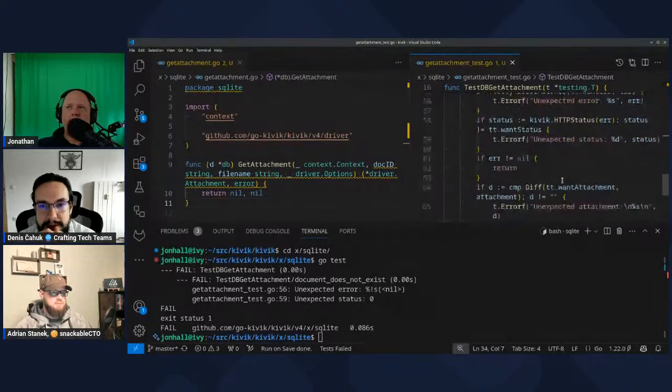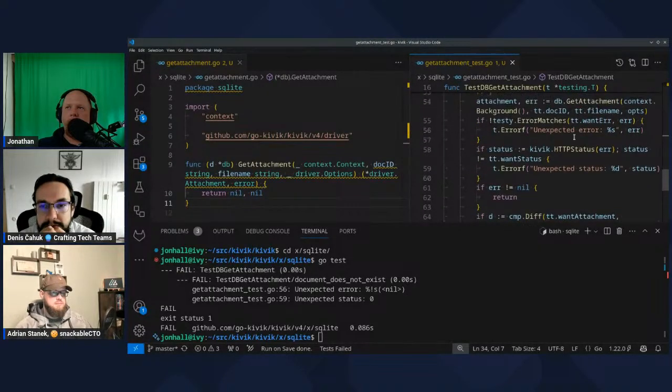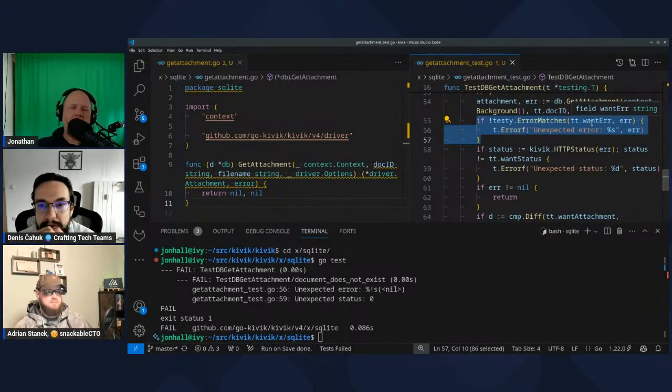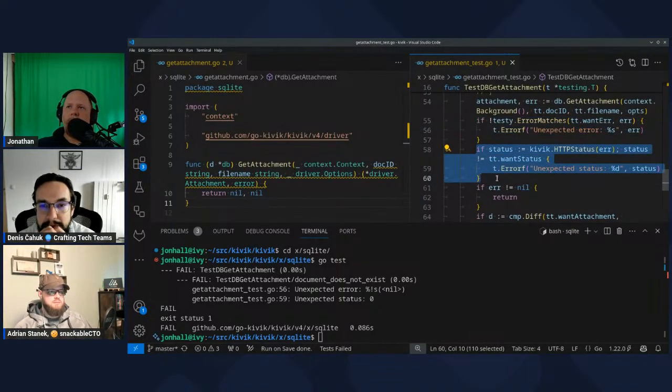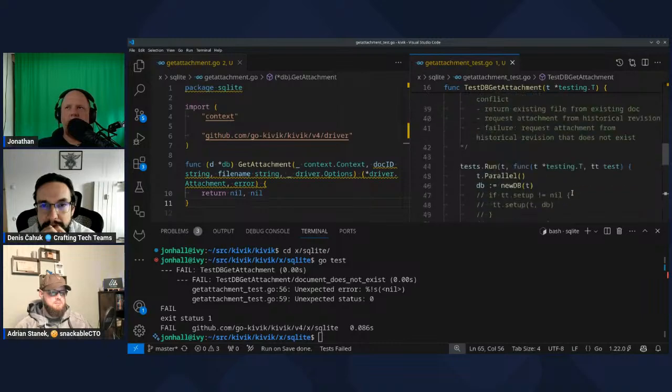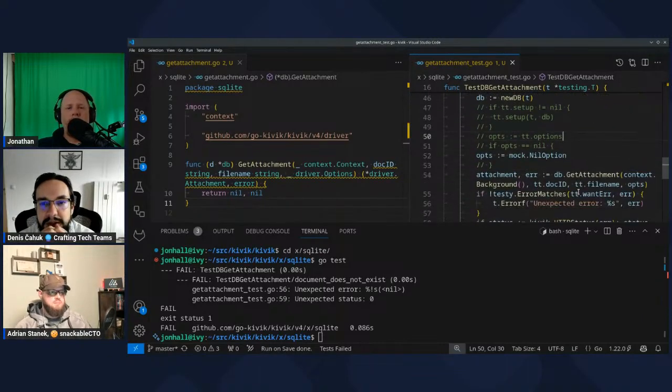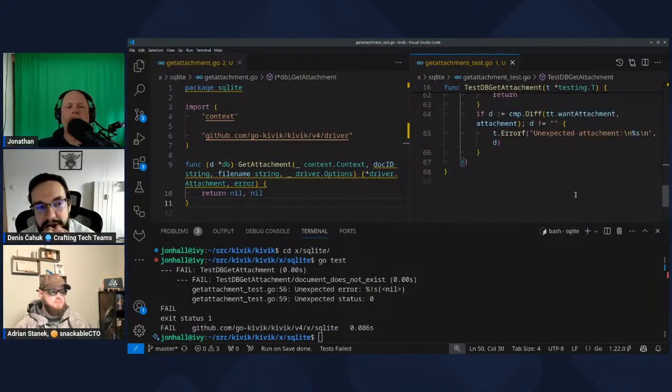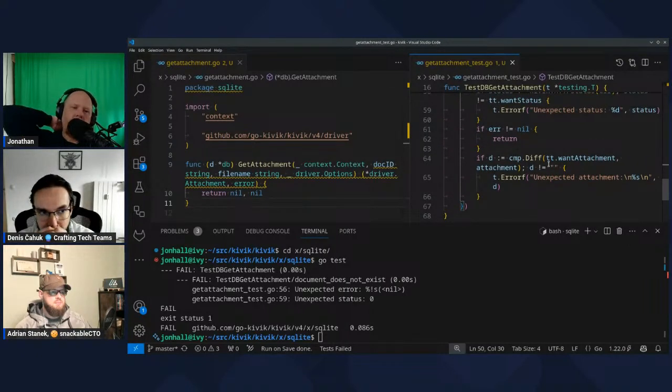Okay. Which takes us to the end of this here. This function tests whether the error string matches the expected string. This clause checks whether the status matches the status from the error. And then if there is no error, then we do the final check, which doesn't matter for this test. We actually check the success response against what's expected. I see. So this boilerplate is attachment specific because you've implemented attachments in some other library already. So there are other methods, yes, that use attachments. Right. Okay. Fair.